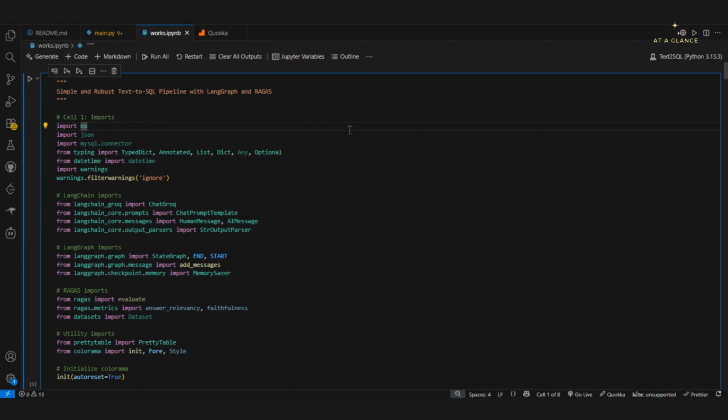In this particular video, we'll be looking into the actual implementation of Text to SQL. This will be a part 1 video of the entire implementation. If I cover the entire implementation in one video, it will be so long and boring. So that is why let's make two parts of the video. In this particular part, we'll be looking into the initial steps of what has been done in this